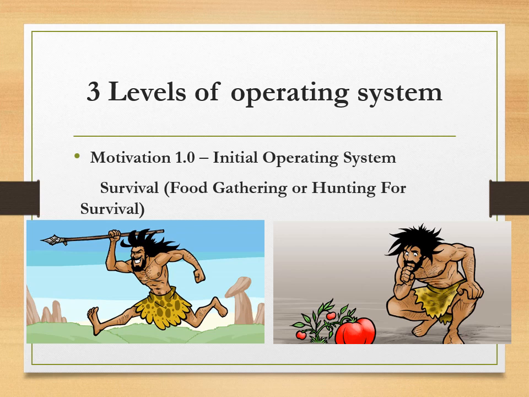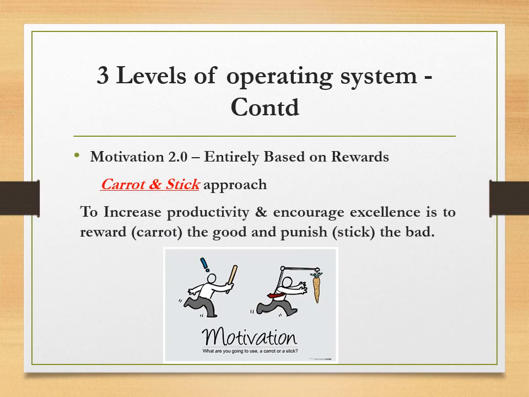Motivation 1.0 emphasizes the initial operating system, that is survival. Survival implies food gathering or hunting for survival. Daniel Pink considers motivation as an operating system. He states that humans' initial operating system, which he calls Motivation 1.0, was survival. As society became more complex, the initial operating system gave way and the next operating system was introduced, which was Motivation